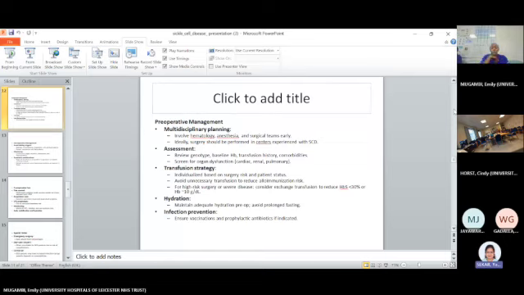Pre-op management needs multidisciplinary planning, whether they're having high-risk surgery or even sometimes minor surgery, depending on the patient. As we say, it's multidisciplinary. We have a lot of support here from the hematology team. You also need to liaise with people like the lab transfusion